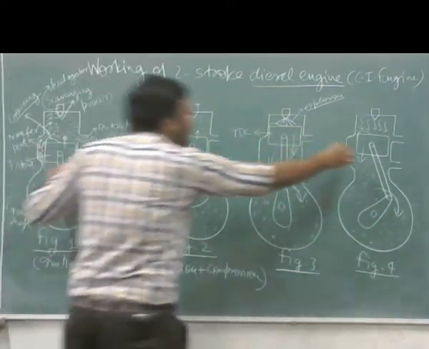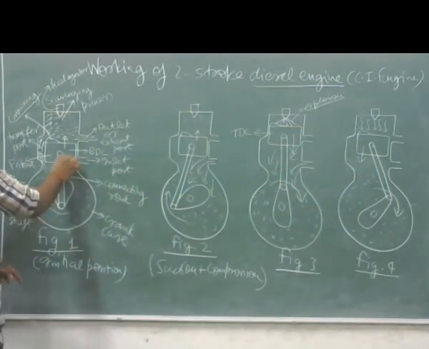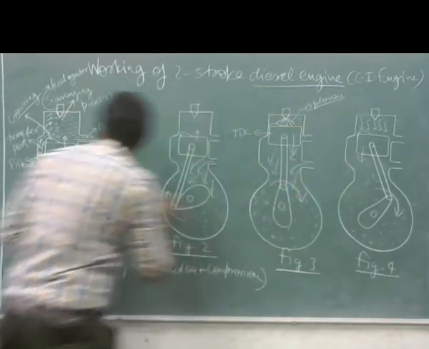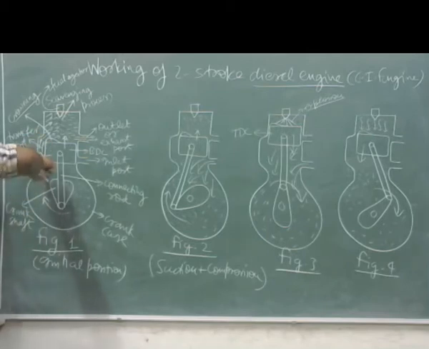The piston is moving downward and it will reach the BDC. When this piston reaches the BDC, it will compress the air inside the crankcase. So this air tries to escape from a small space, and the inlet valve is closed. So this air will find a space in the transfer port. The pressure is very high. So when this pressure finds the transfer port, it will escape from this space.